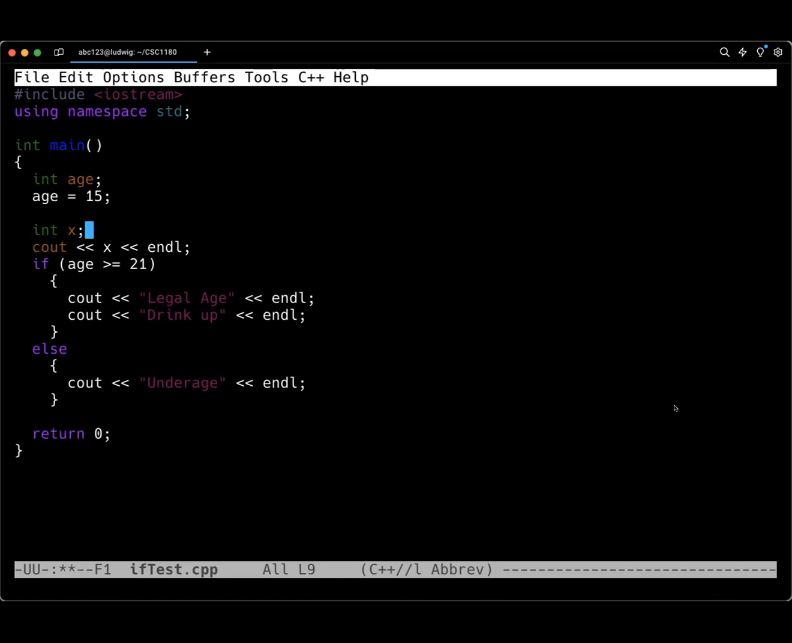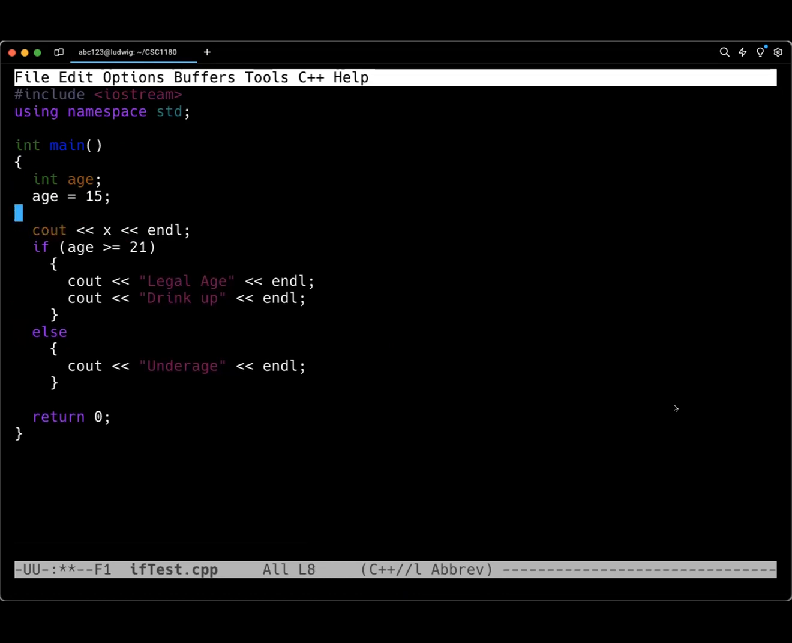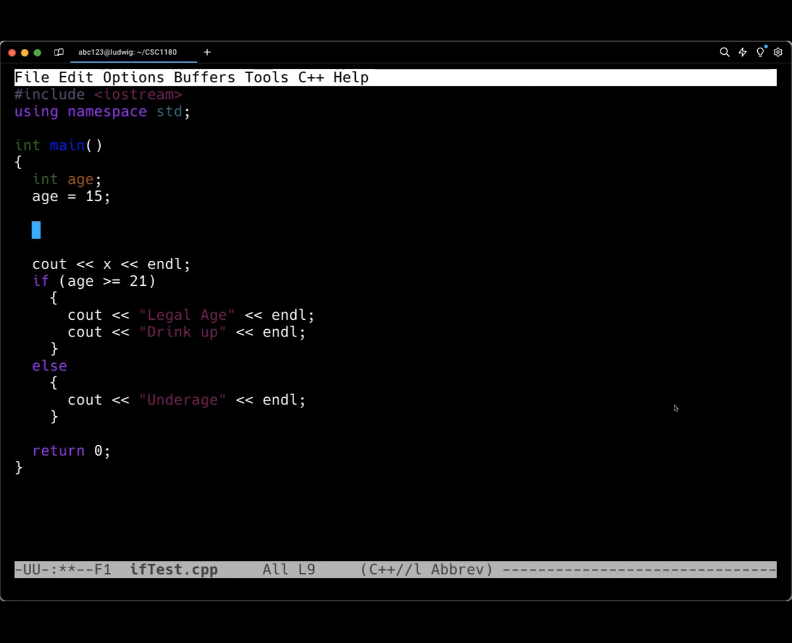Okay. The other thing that we can do is that we can have Boolean variables. A Boolean variable is one that stores either true or false. If I type in bool, it's named after George Boole, who's an English mathematician who came up with a lot of the fundamental logical algebra stuff that we do. So if I say bool legal,